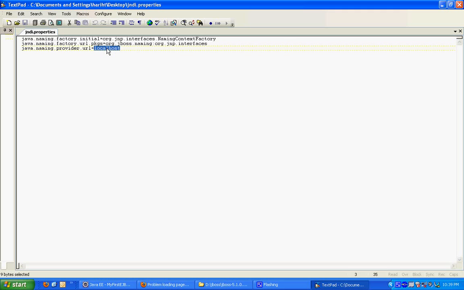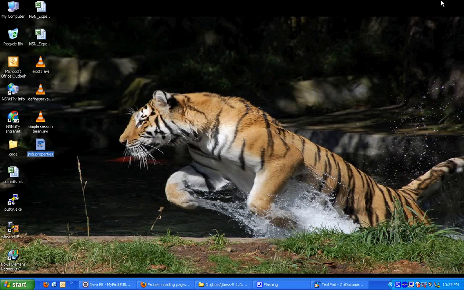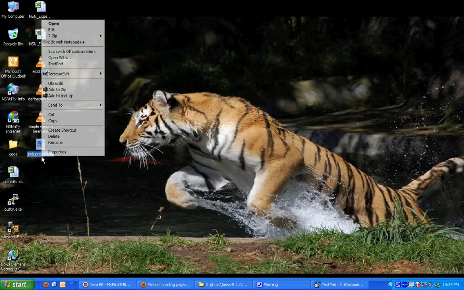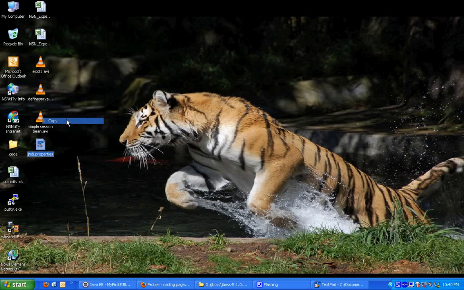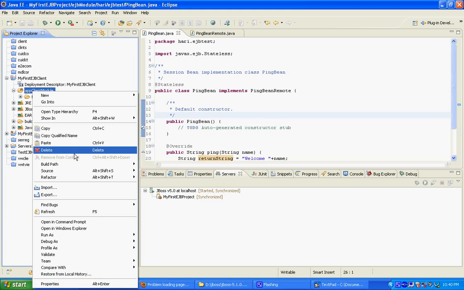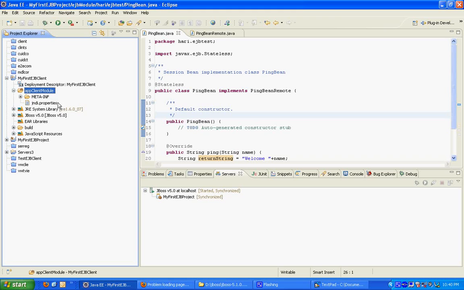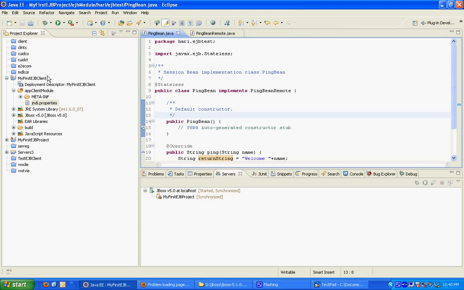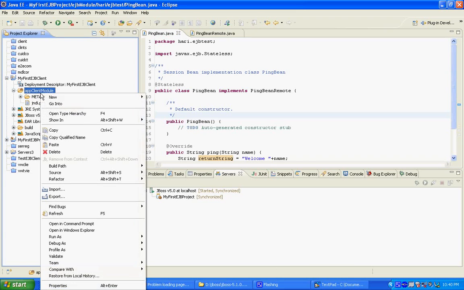So let me copy this file from my desktop and paste it onto the project. So this jndi.properties is going to be part of my class path. So let's type in a simple client over here. Let me say SimpleClient,